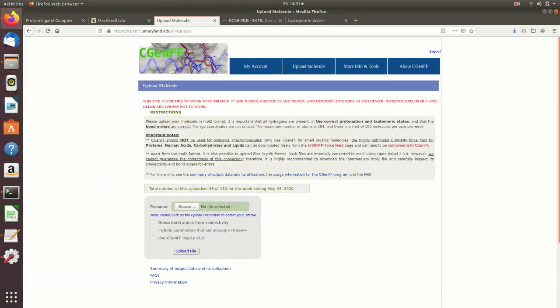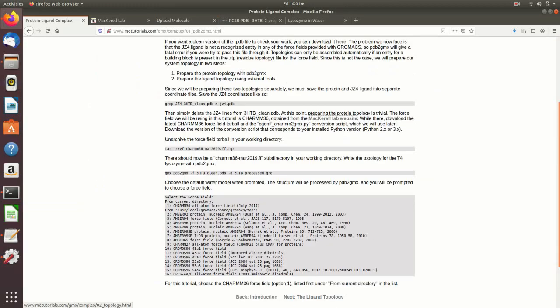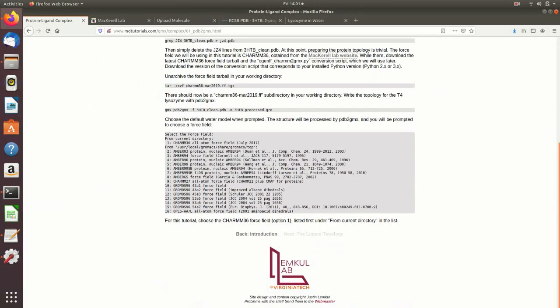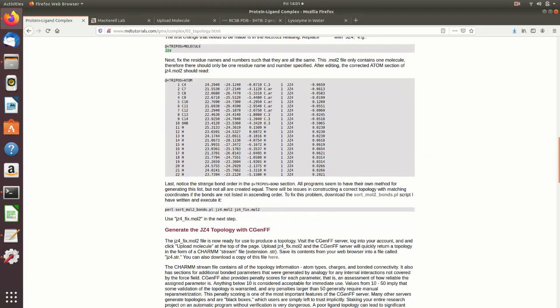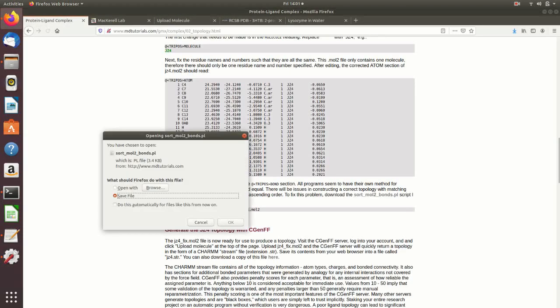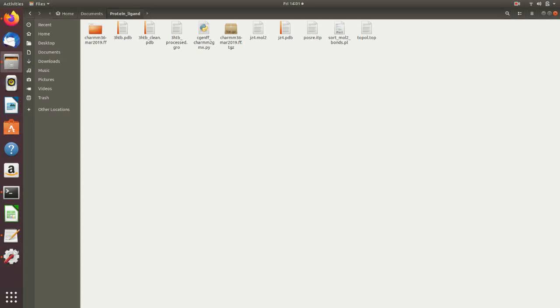The script can be downloaded from, again, the GROMACS tutorial page. On the building the ligand topology page, you will find the sort_mol2_bonds script. So this can be downloaded and then copied into your destination folder.